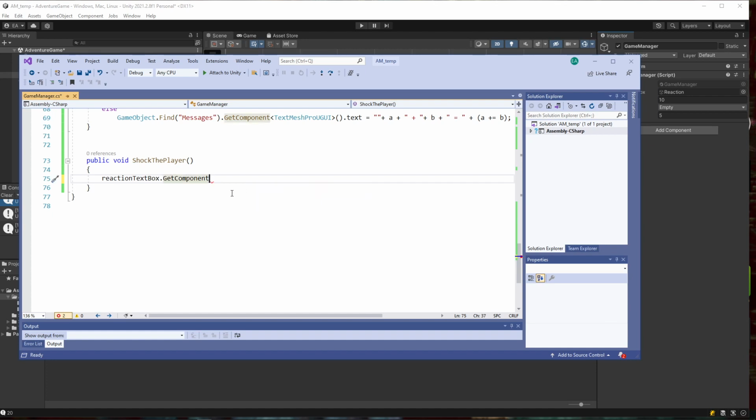Okay, get component. And the component that I'm interested in, and now here, if you remember our carets here, our little less than, greater than, this is our generic function, get component. And what we want it to do, it's going to ask, what type of component do you want to get? And the type of component I want to get is a TextMesh Pro